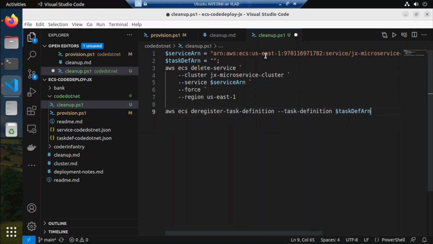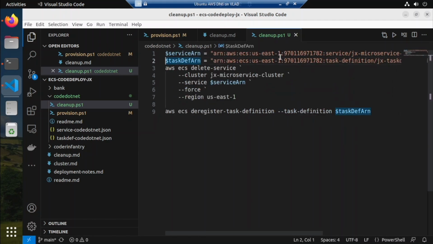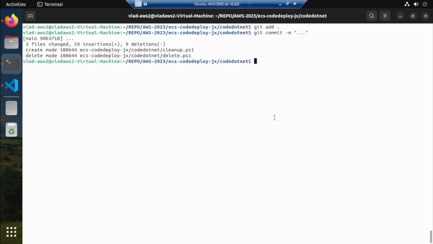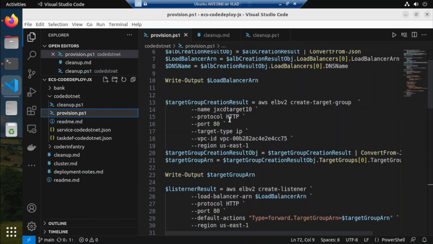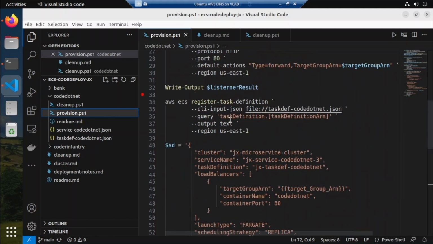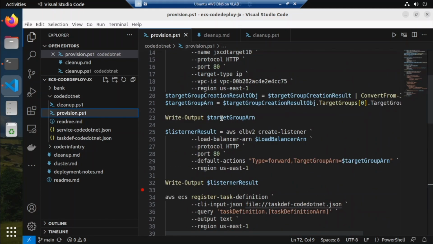We'll have a faster way of doing studies because we can just provision and delete quickly. Yeah. So the target group, task definition, target group,